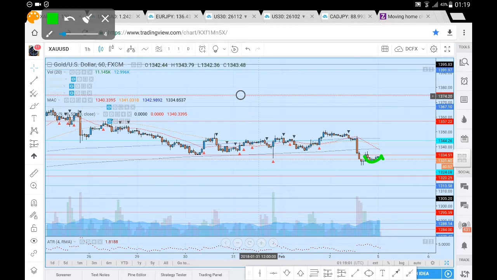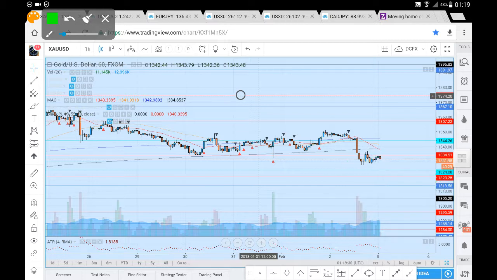Whether we do see further sell side momentum. If we do break down from this 34.50, if we're not able to break and hold above this 34.50, we're looking for price to head down towards our 13.24, a break from which we're looking for price to head down towards 13.20.25, a major level marked out here in red, and a break from there 13.58. Don't anticipate price moving much below the 13.58 if we do see that further sell side momentum